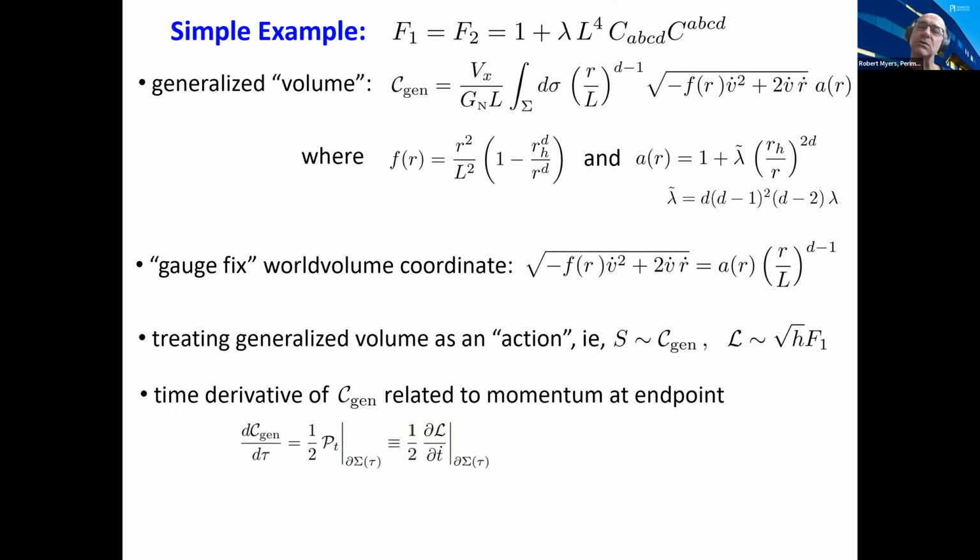So now I can borrow my intuition from the classical mechanics books. And one of the things we know is that the time rate of change of the action is associated with the conjugate momentum evaluated at the endpoints of the interval on which I'm evaluating it. It turns out, well, the endpoint is now infinity, and there the Eddington-Finkelstein time and the Schwarzschild time are all identified, and so I can write this in terms of my V, and so the conjugate momentum then has a